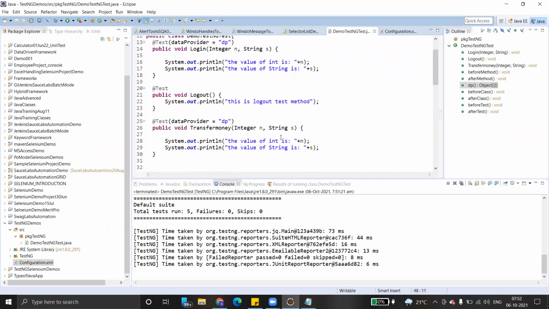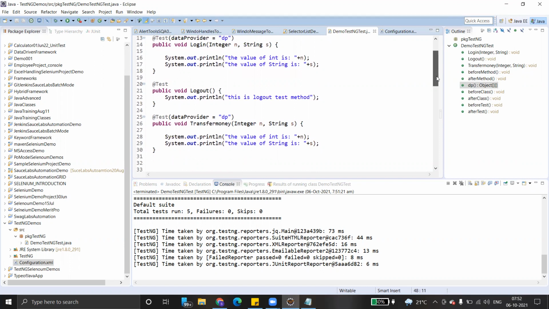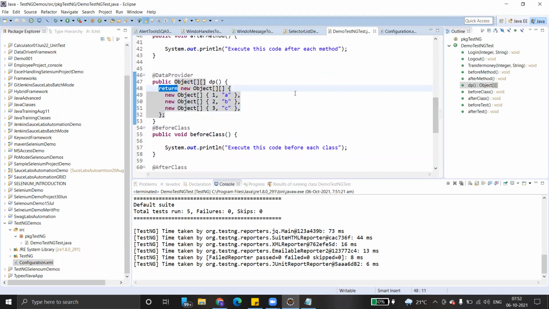I understand that, but I'm not able to understand the syntax for that return statement. How do we write that? Normally we write public object TP is equals to new when we create the object, like public object TP is equals to new object.